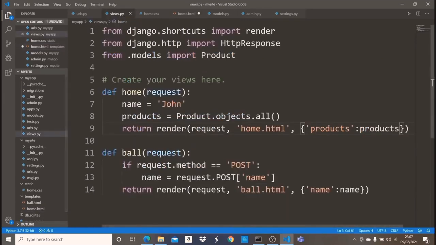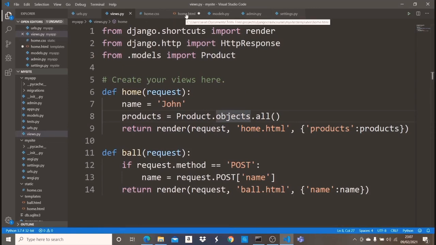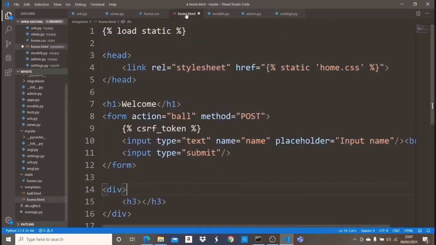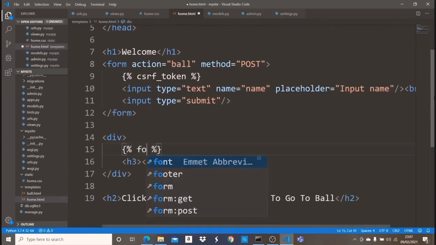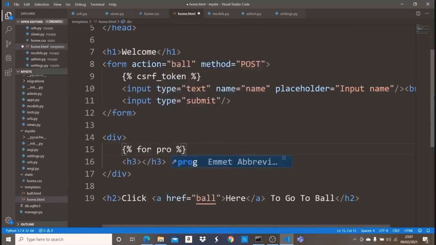Now let me explain something in detail. So remember, as I said, it's gonna get all the objects and save it in this products variable, but it's gonna save it as what data type? It's gonna save it as a list data type. So I know when it's a list or a dictionary or something like that, we need to use a for loop to loop through all the values in it. So we're gonna say for something like this. This is how to use a for loop in Django. Say for product in products,